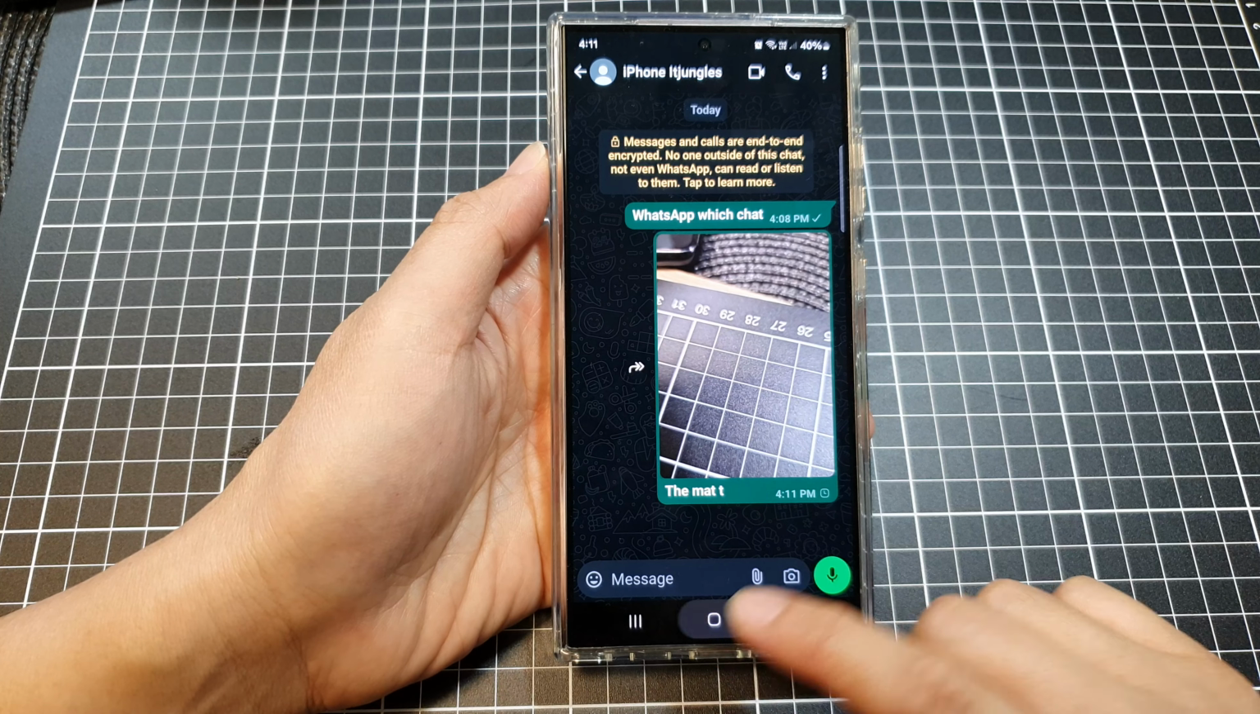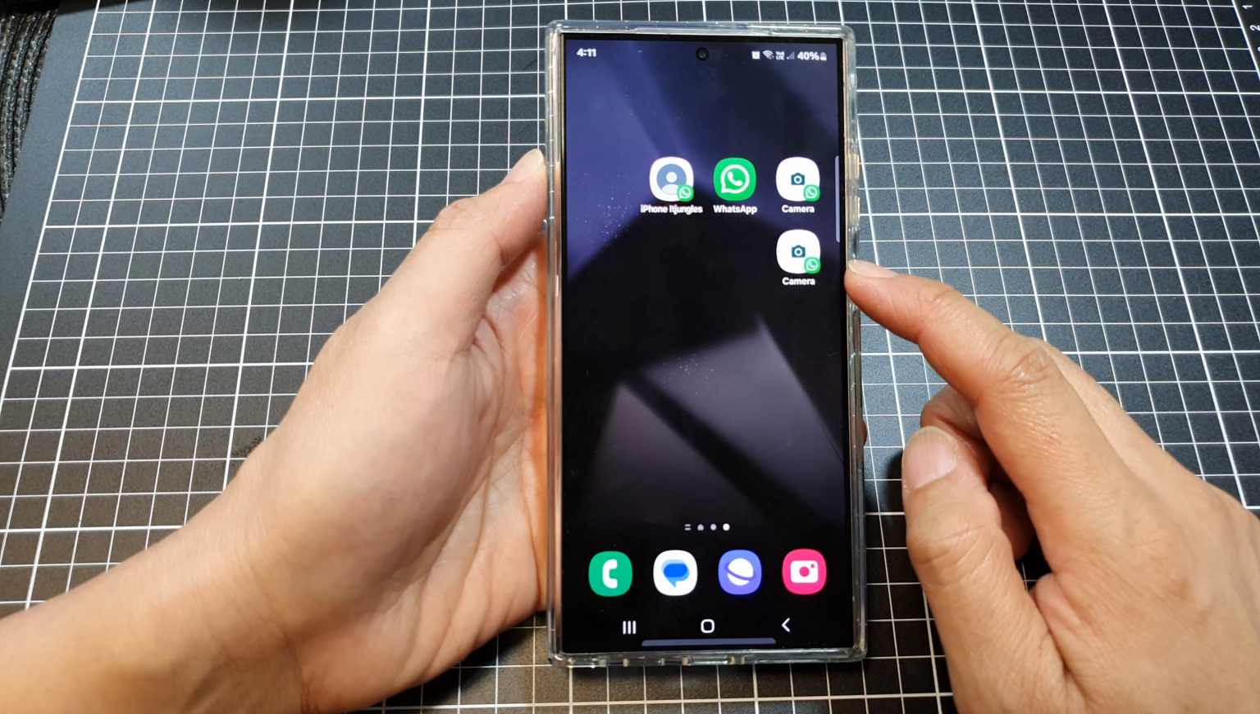And that's it. So that is how you can add the WhatsApp camera shortcut or the widget